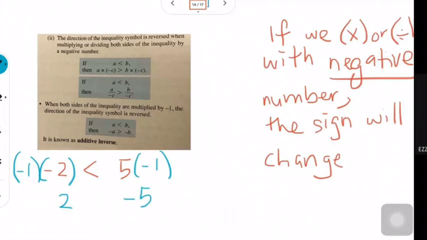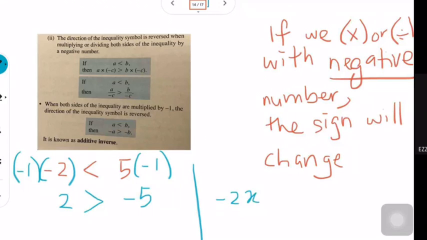2 is greater than -5. Okay. So after this, why do we learn this? Because later we will do linear inequality. So linear inequality will involve an unknown. For example, we have